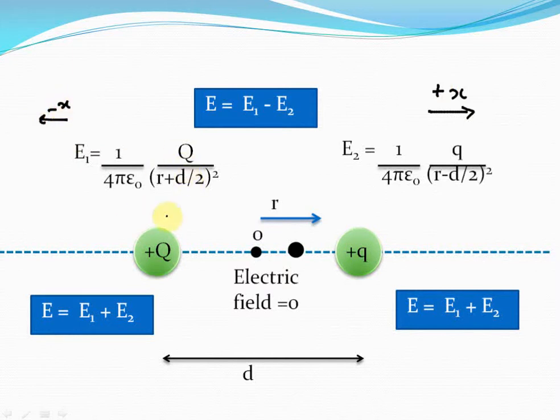You don't have to worry too much about what the exact magnitude of E1 minus E2 will be, or remember the formulae for E1 minus E2, E1 plus E2, anything like this. Just understand what is happening and use your own logic to calculate the direction of the field, and the magnitude of the field at any particular point along the axis.